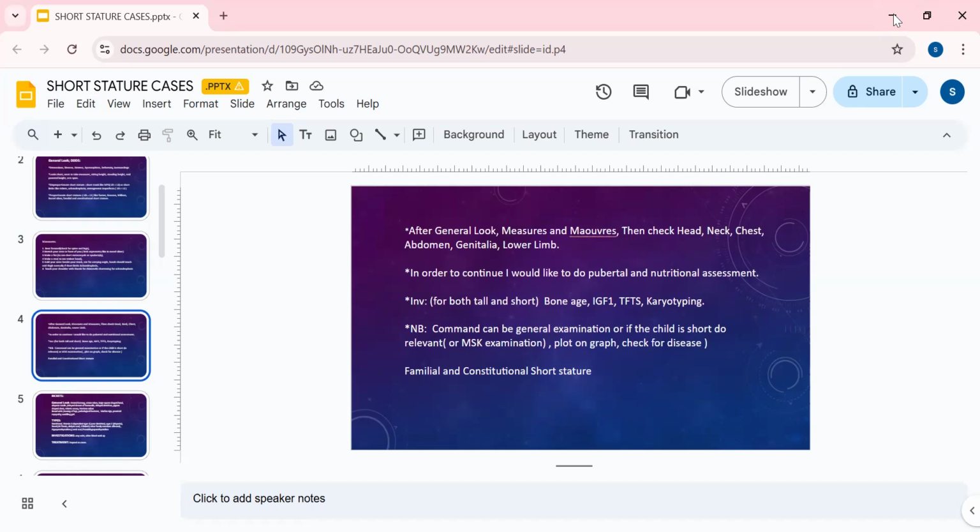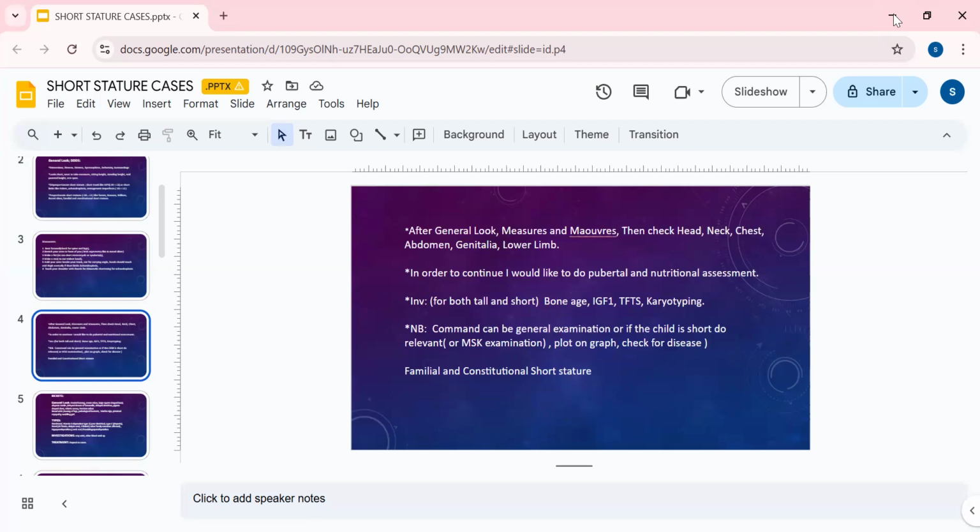Generally, what is the normal growth velocity in any child? It is around 5 centimeters per year. So when you see their growth chart, they'll be growing 5 centimeters each year. But in spite of that, they are short for their peers. So if the growth velocity is okay, but the height is less than the second centile, this is called a